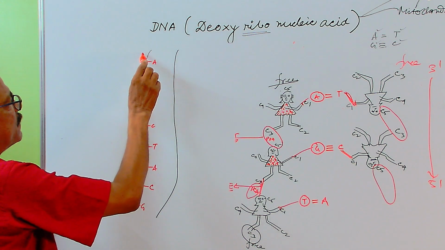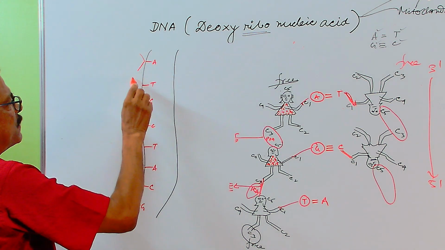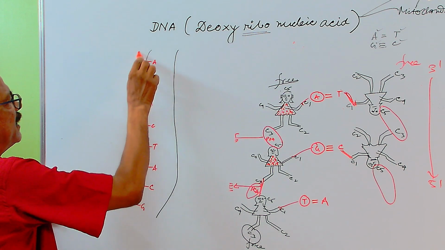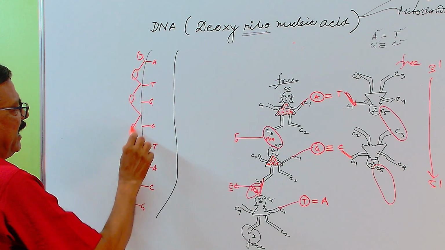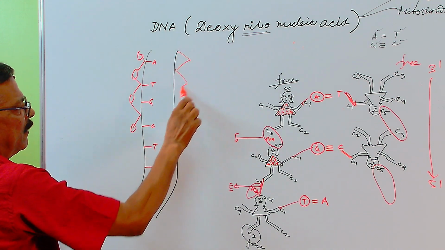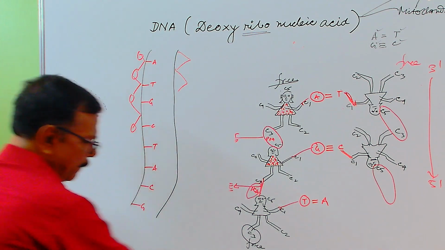This is the sugar and phosphate bond. Sugar and phosphate, sugar and phosphate, sugar and phosphate. In this way, they will prepare a railing on both sides. On both sides. Okay. Now,